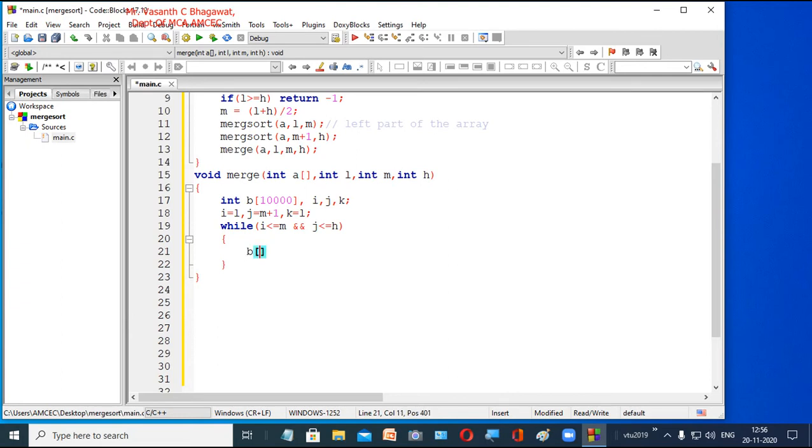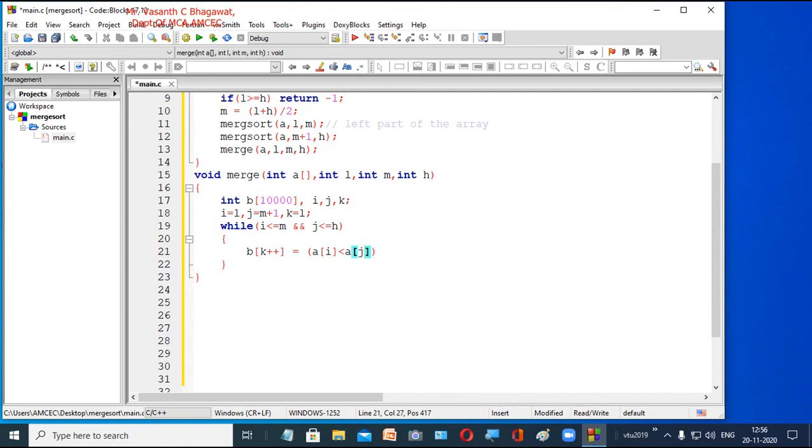In our temporary array B, K is the pointer variable we are taking for the temporary array, plus plus. So inside only we are putting the incrementation. In this temporary array B, we use a ternary operator. We are going to check the condition: if A of I is less than A of J.